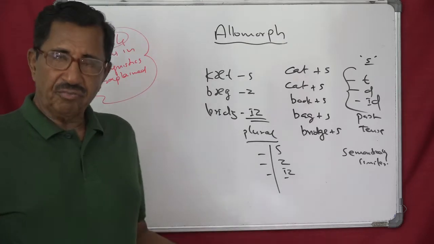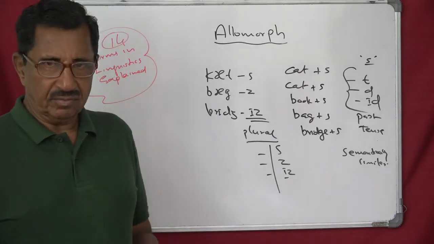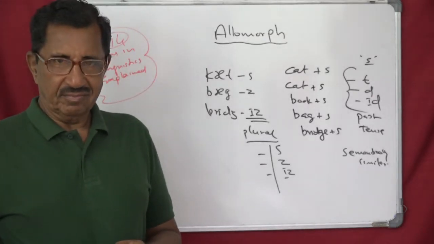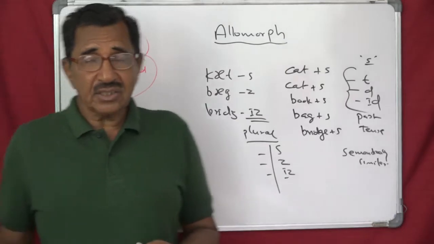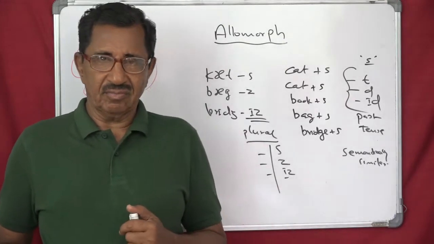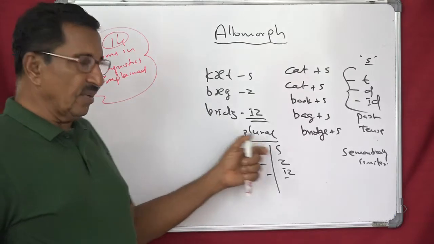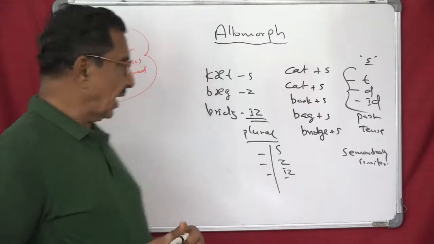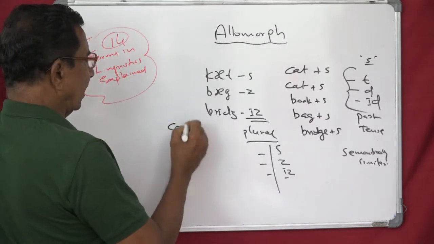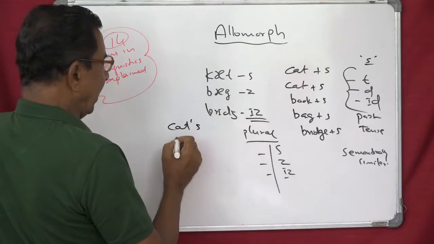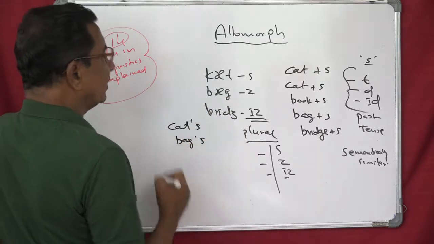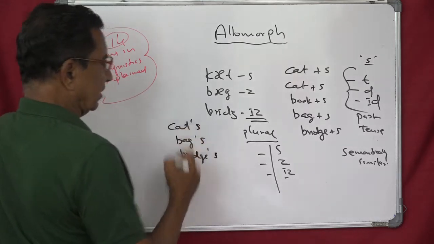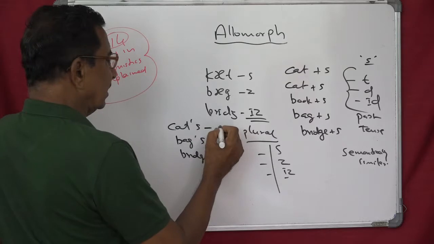A variant of this morpheme you call allomorphs. So plural morphemes are also allomorphs. Same with the possessives, genitive we say. See the cats, well, there is an apostrophe, bags and bridges. So you write like this: cat apostrophe S, bag apostrophe S, and bridge apostrophe S. But they are realized like this: Z,